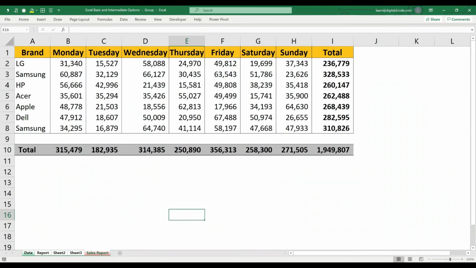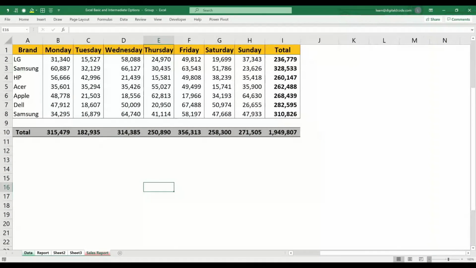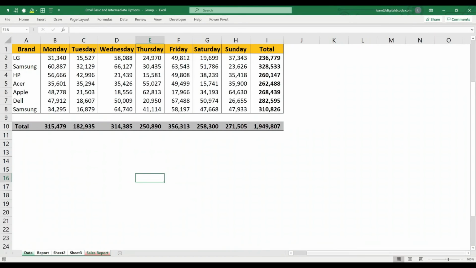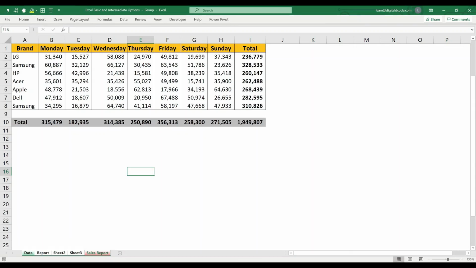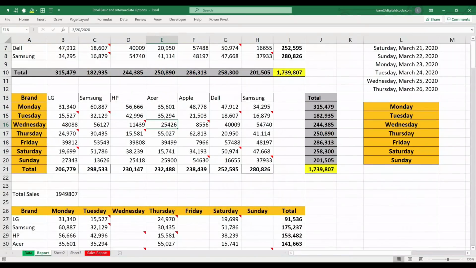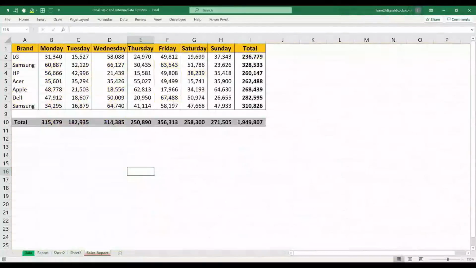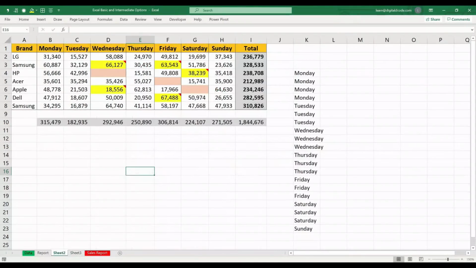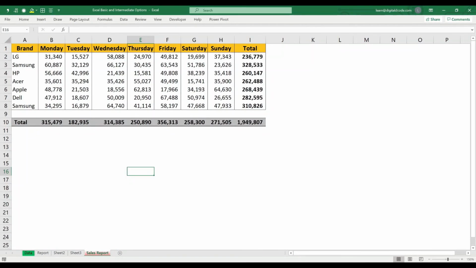Also, in case I want to change the zoom size for all the sheets, I have the size at 200. Now if you see here, all the sheets got selected. So now I'm reducing the size to 160. Now if you see, for all the sheets the size is 150%. If you want to make any changes for all the sheets, select all the sheets. So this is about the worksheet. Let's move to the next option.